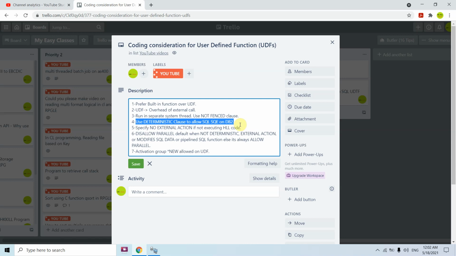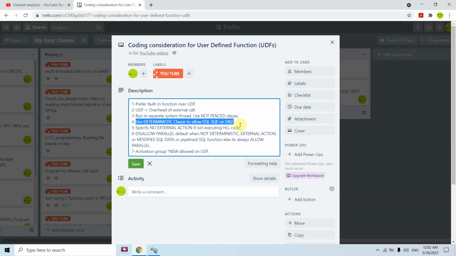Now, disallow parallel is the default when the function is not deterministic, has external action, or modifies SQL data. That means when the results are not deterministic, or we are performing some external action, or modifying SQL data, like inserting into a table.